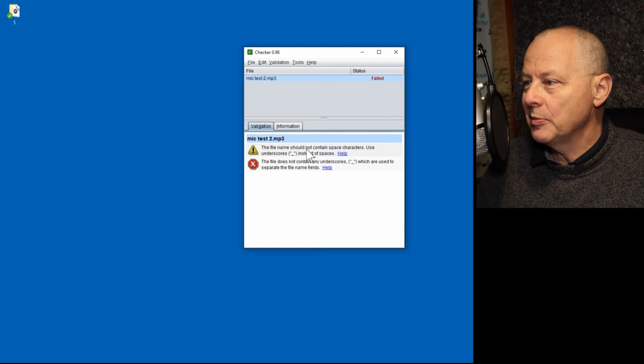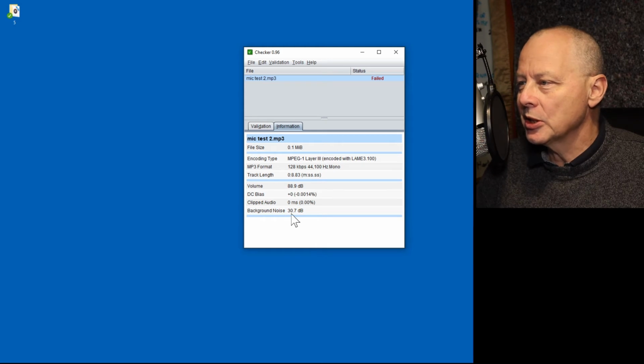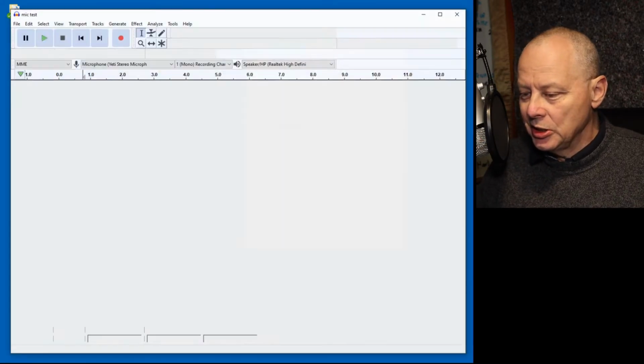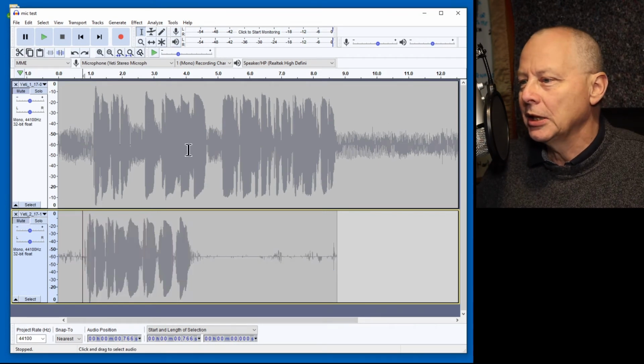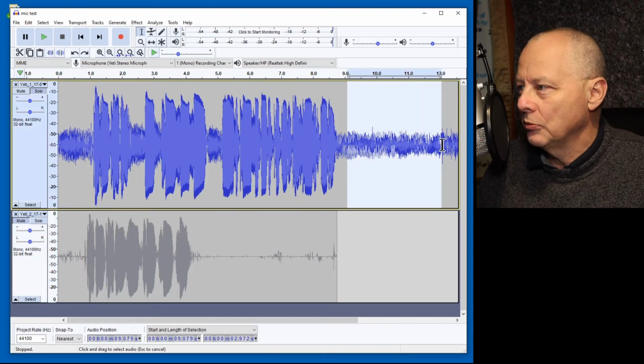So it complains about the underscore and spacing, but it doesn't complain about the background noise. And so this is now an acceptable file, and we can see the difference is about 16 dBs. Well, let's assume that we didn't have control of the environment. We couldn't wait for them to stop mowing, so we need to clean this file in order to reduce the